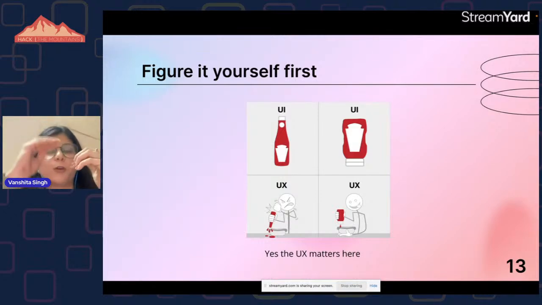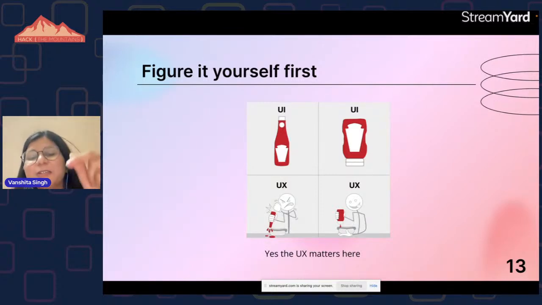in an upright position, with the cap of the bottle upward. So we have to rotate the bottle and push the ketchup out of it, because it is all in the bottom of the bottle. So we have to push it out forcefully. But in the second example, we have a bottle with the cap at the bottom. And so the UX is derived from nature, gravity.